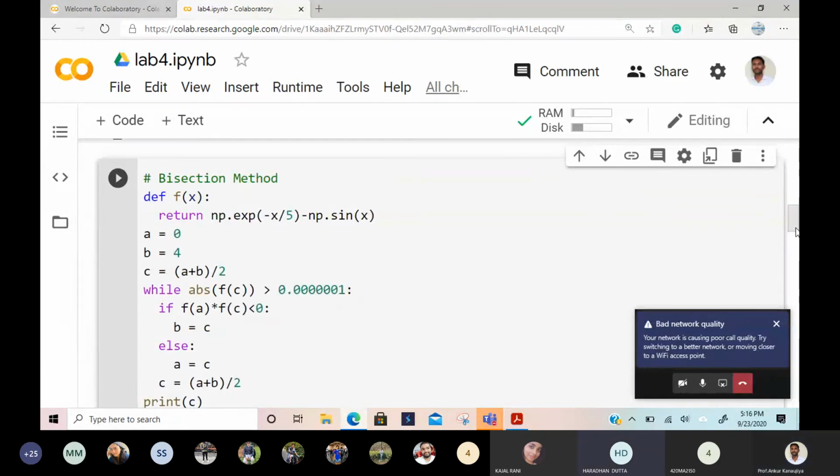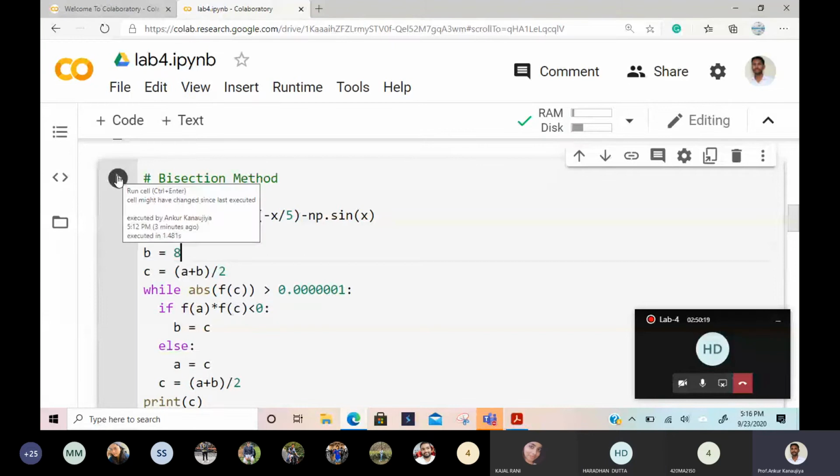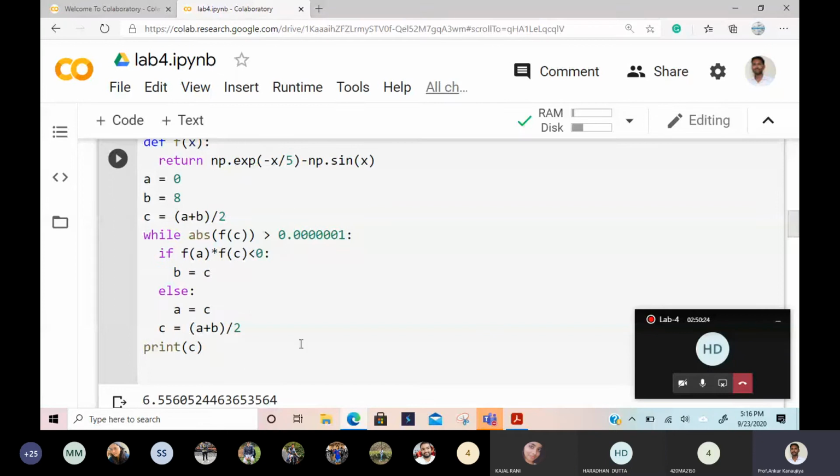Suppose we check 0 to 8, then C becomes 4. 0 to 8 I wrote. Whatever you tell, I will write and I will run the code. Am I getting your question or not? Yes, sir. So your question is that suppose in that interval more than one root is there, will this method work or not? Let us see what will happen for 0 to 8. See, it is giving an answer. It will definitely give at least one root. Which one it will give, we don't know, but it will give, because in 0 to 8, whatever root is there, by dividing in half, it will give the answer.